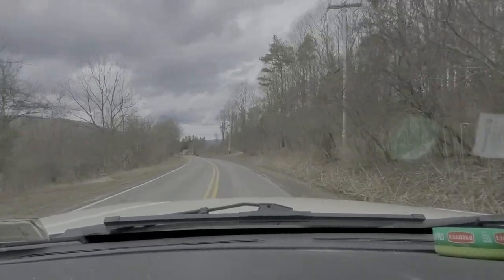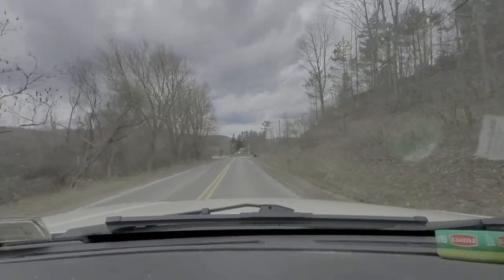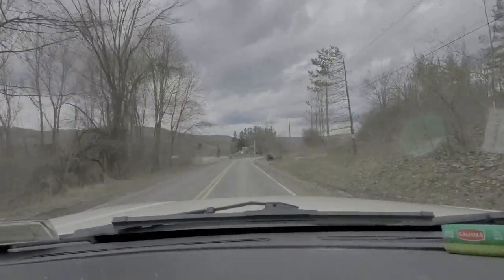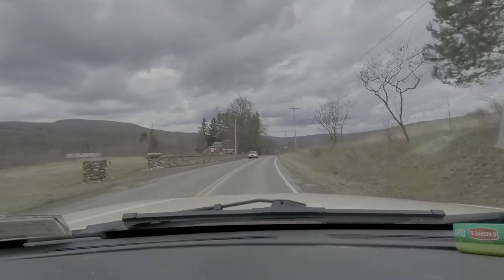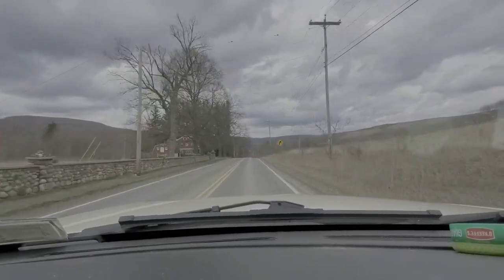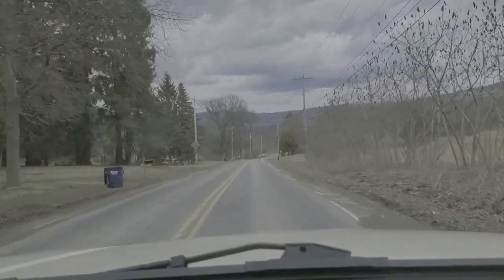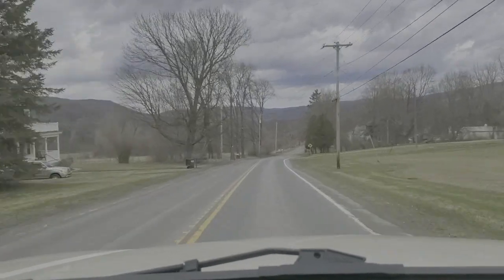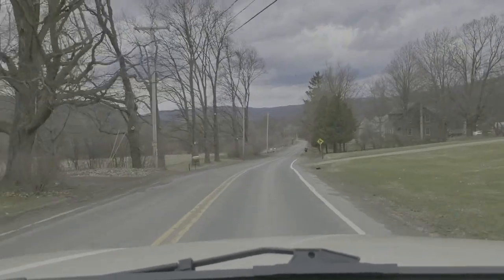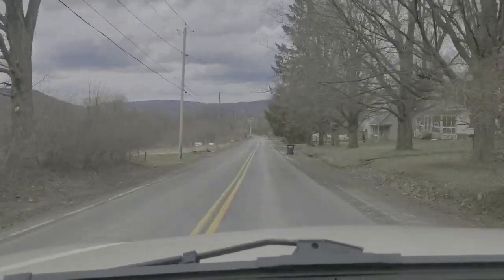Still dropping down into the valley off the terminal moraine. And I'll stop and actually give a look backwards so you can see this across the valley. The other thing you want to look at is along the sides of the road, you're going to see the telephone poles are going to be tilted. So look for tilted telephone poles and tilted tree trunks. That's something called soil creep. We're going to explain that later, but soil creep is super...